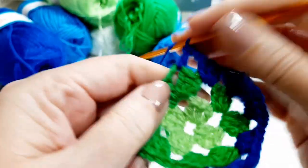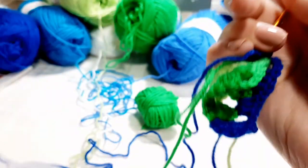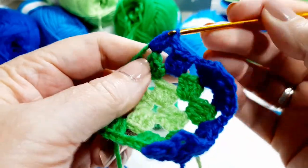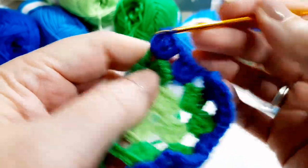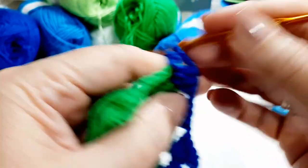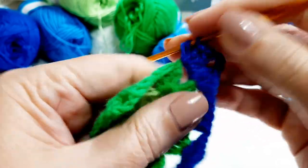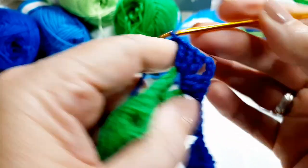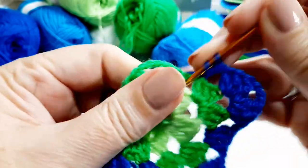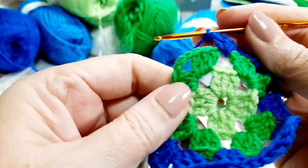3 double crochets. 1, come on, let us have some. 3. Where are we? There you go. 1, 2, 3, 1, 2, 3 chains and another 3 double crochets. 1, 2, 3. This is really dark on the camera, but chain 1, and in that 1 chain space we put a 3 double crochet cluster. 1, 2, 3 double crochets, chain 1 to get us to the corner,